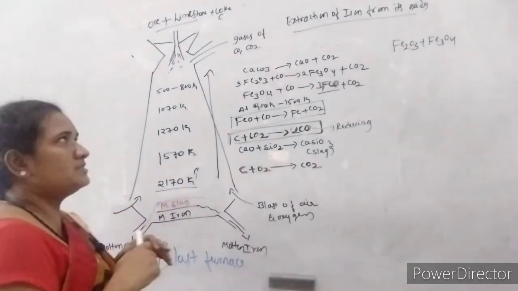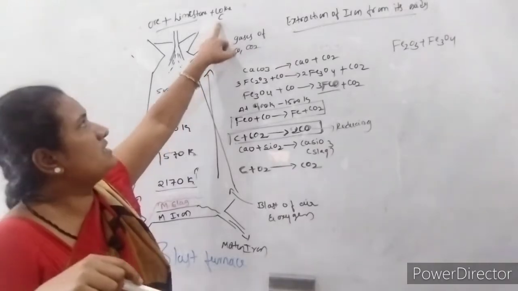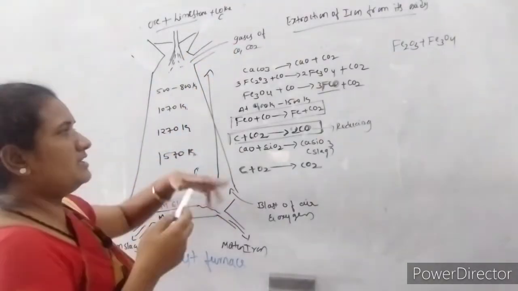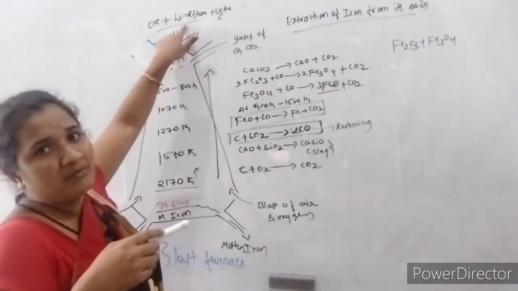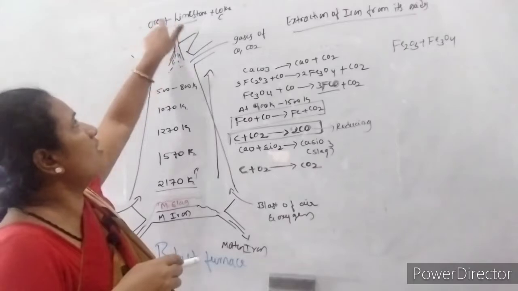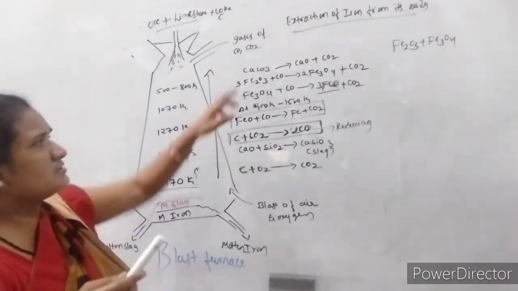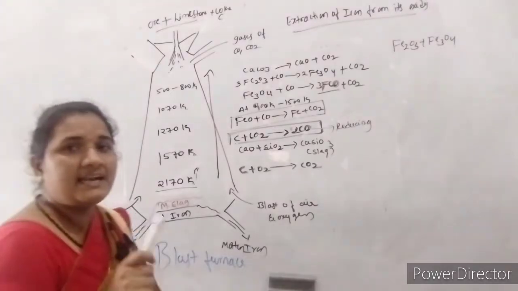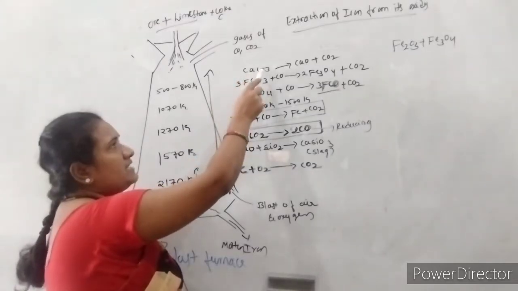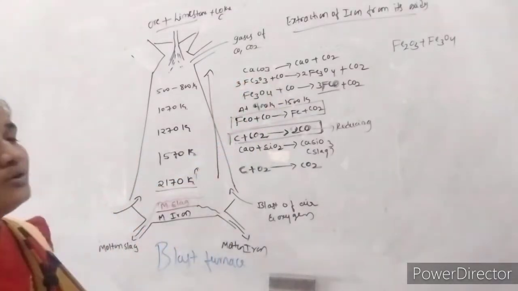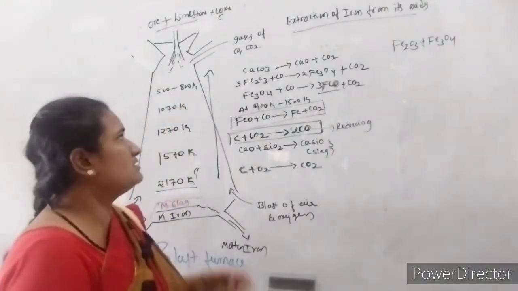Now a question will arise: we are putting ore with limestone and coke. Coke is reduced to carbon monoxide, which is helpful for the reduction of ore here. Then what is the use of limestone? Because we are adding it along with the ore as well as the coke. The role of limestone is, see here, limestone is nothing but calcium carbonate. The chemical formula of limestone is calcium carbonate, CaCO3. It undergoes decomposition at a temperature of 500 to 800 Kelvin.